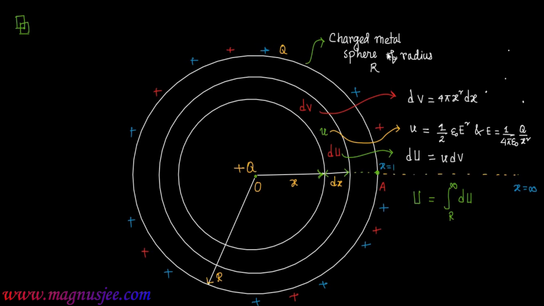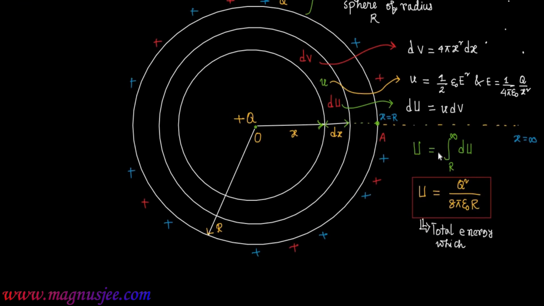Now it is integrated from the point at x equal to R to x equal to infinity, and finally we get this total energy U as q square divided by 8 pi epsilon naught R. U is equal to q square divided by 8 pi epsilon naught R, which is the total energy contained in the space outside the charged metal sphere,